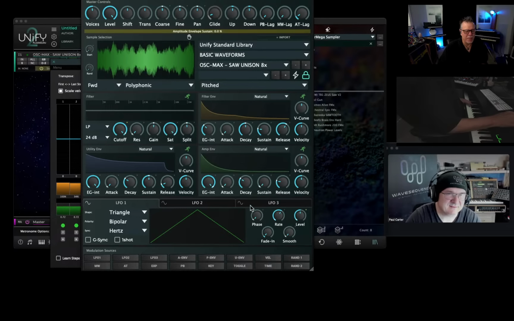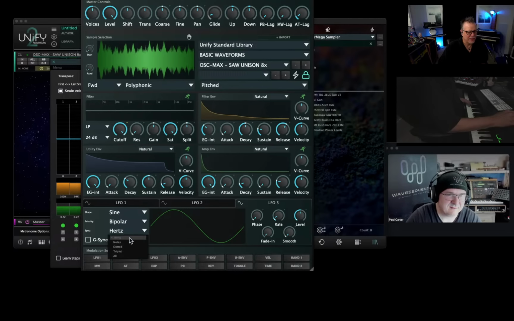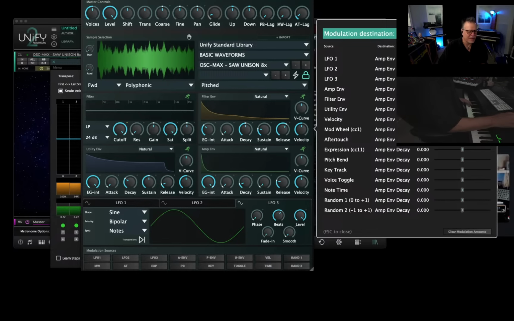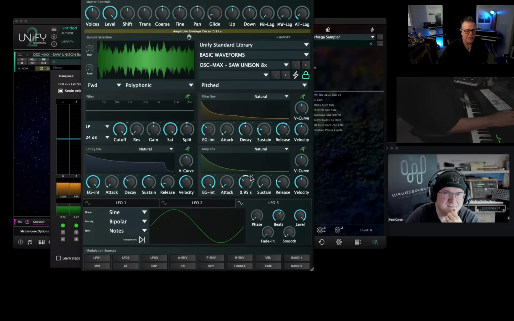I'm going to put the amp envelope to be short, like this. And then what's fun is to go over here and say LFO. Let's set it to notes. And let's say we want it to be like a quarter note just to start with. And right click on decay and say, I'm on envelope or LFO 3. So you can modulate even the decay of the envelopes